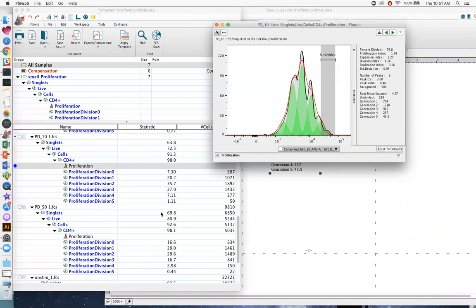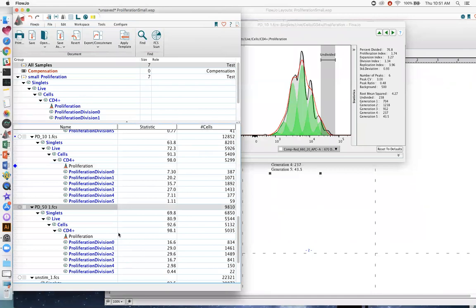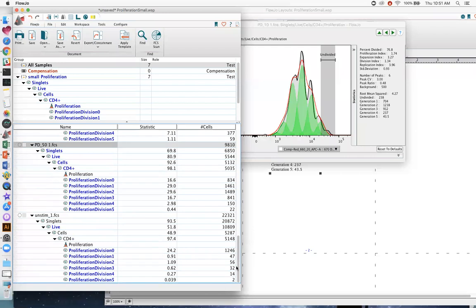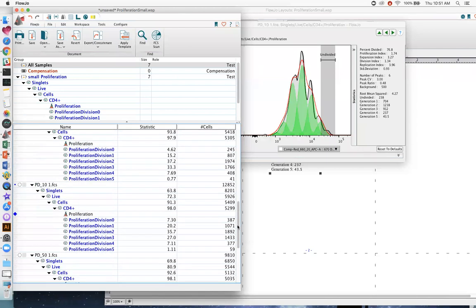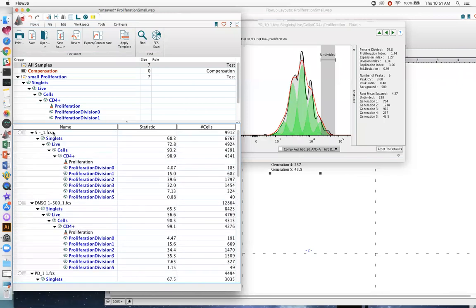Okay, and then the last question she has here is, how many events should be measured in total? Okay, so I think I just answered that. You can see in these experiments that we've set up, we have sampled roughly 10,000 events in the PD50 sample here, which is the one that I used to model the data, and it did a pretty good job getting an RMS underneath 3. And then the unstimulated sample, of course, we've got 20,000 events, but I would say that the minimum that you're looking for here is 10,000 total, but again, be more specific about the actual population that you're going